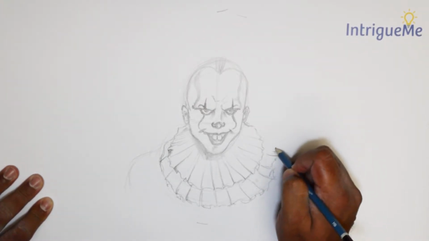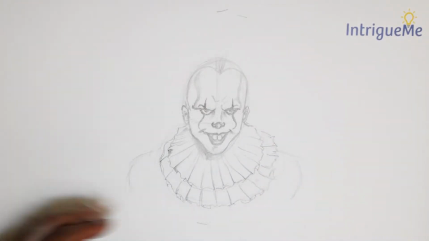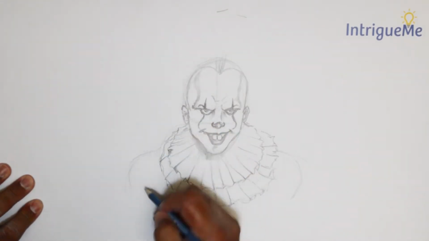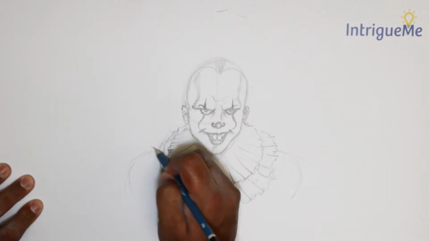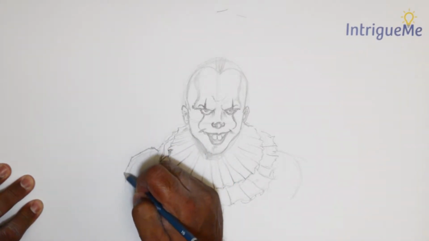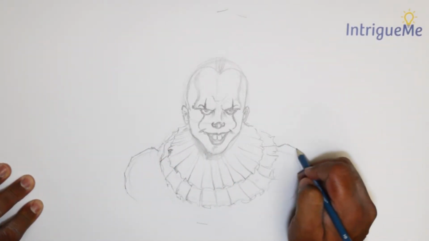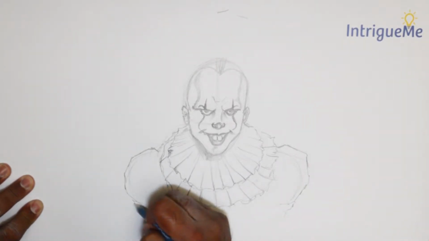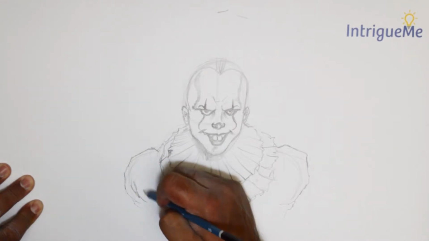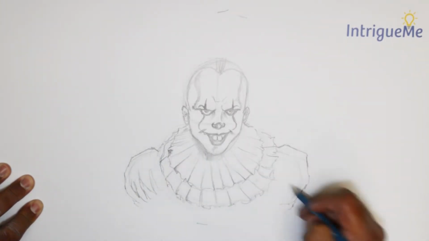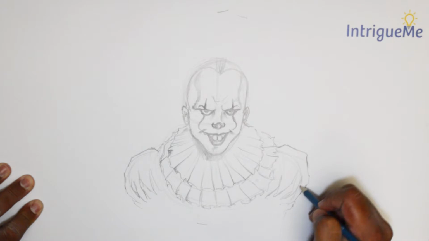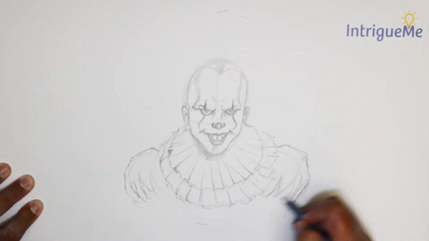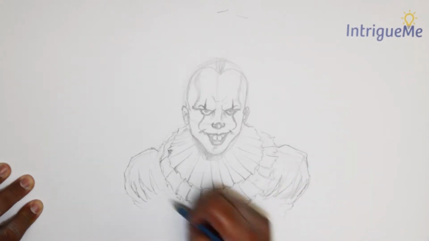Or you could keep them the same. I think it is the same when it comes to the movie, but again, we are not necessarily adhering to all the principles that were followed in the movie. This is a quick sketch, and here we have his rather puffed up clown shoulders. So the easy way of doing that is to put some fabric folds like that,